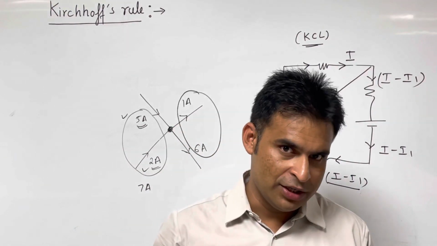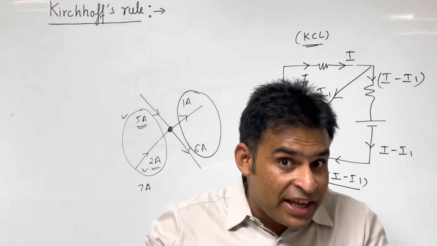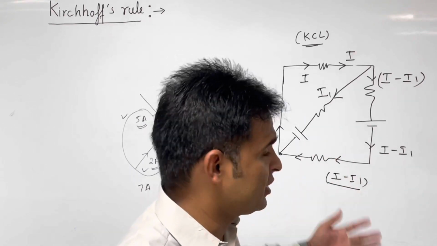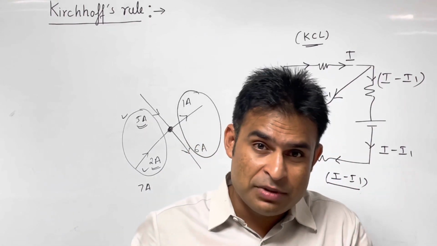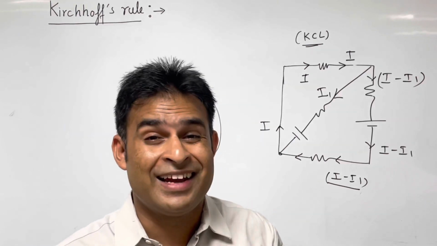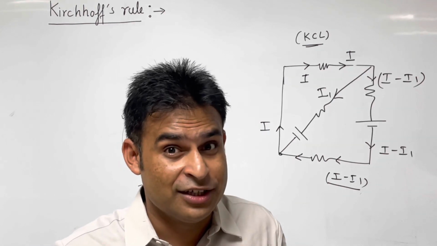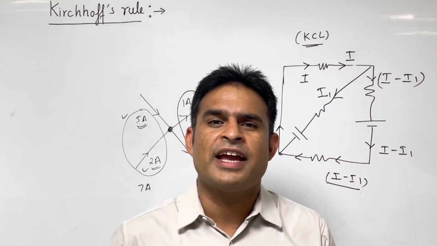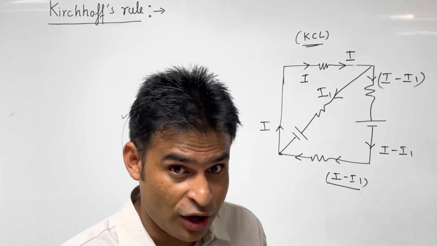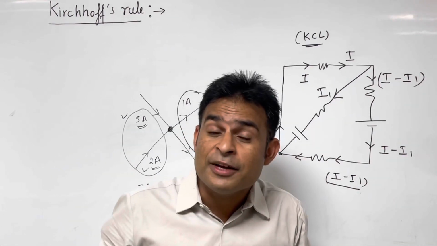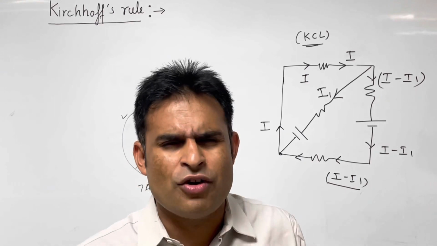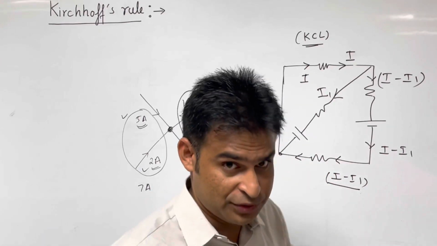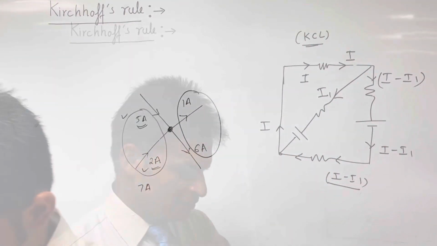One more thing I want to tell you guys: don't worry about the direction of the current. From the battery, you can't decide initially what the direction of the current should be. Take any direction you like. If your direction is opposite, you will get exactly the same answer with a negative sign. So initially there is no need to worry about which direction to take. I took this direction, no problem. If my direction is wrong, I will get a negative answer with the same value. It doesn't matter at all which direction we start with. In the beginning, we cannot and should not decide the direction. So this is KCL, how we do current distribution. That's all about KCL.